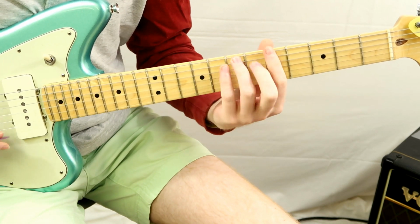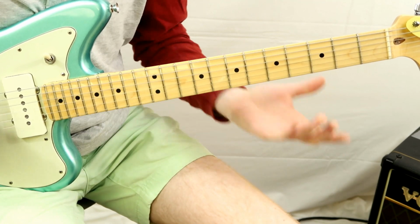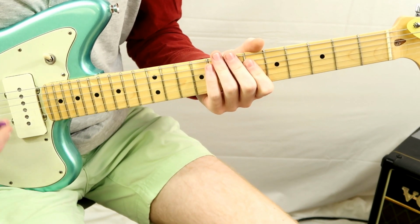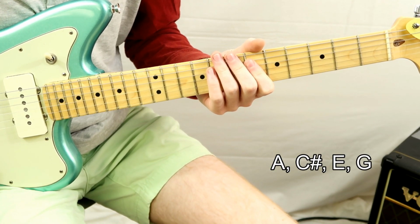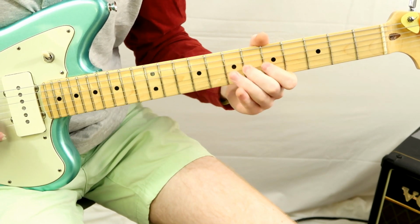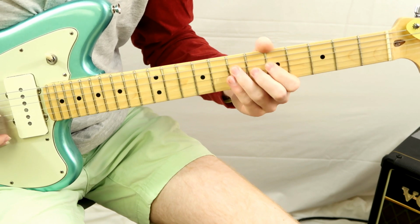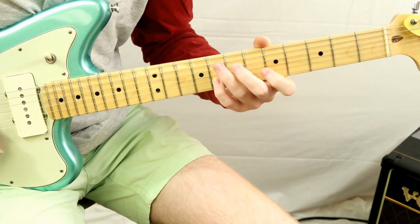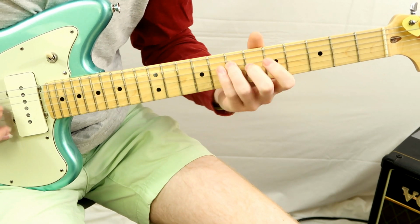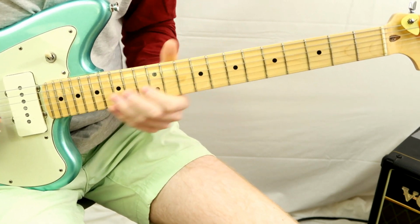So if I'm thinking A7, I'm thinking how I can target those notes in there. The notes in the A7 chord are A, C sharp, E, and G natural. That's our flat 7. Okay, so here's that: root, major third, 7th, and then root again. There's a cool lick by itself. Or you could do